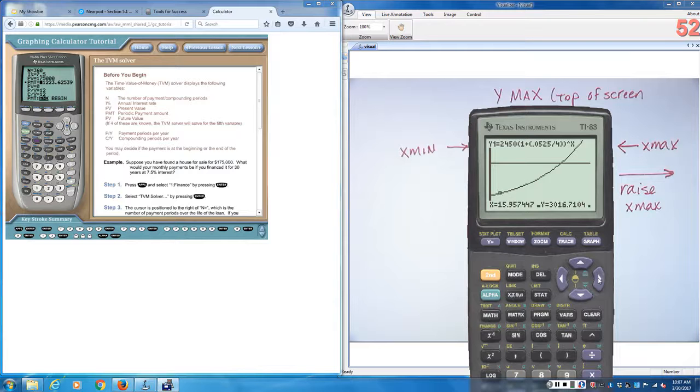That's what I put in to start. So now watch what happens as time goes on. If I keep tracing, notice that as x increases, and remember x is the number of times it gets compounded,